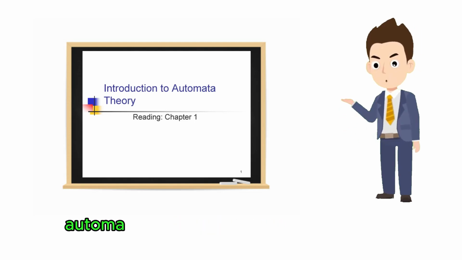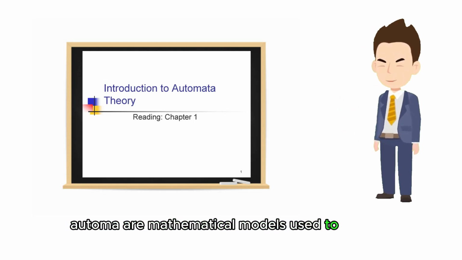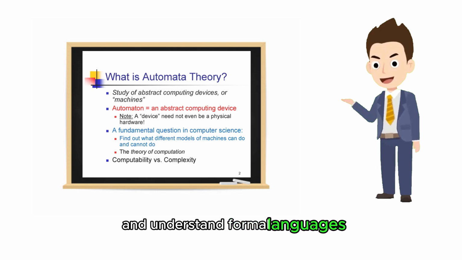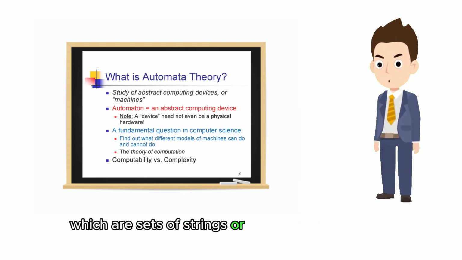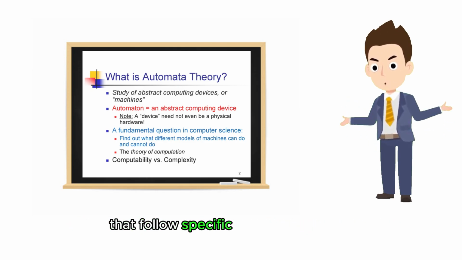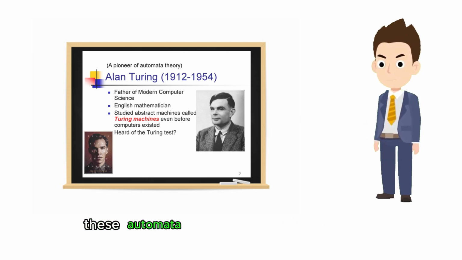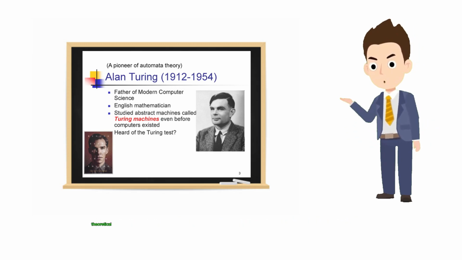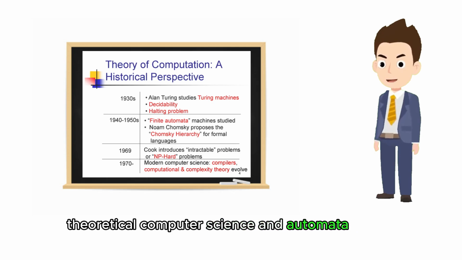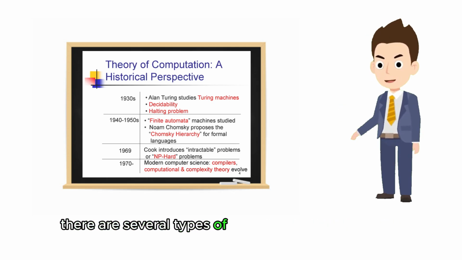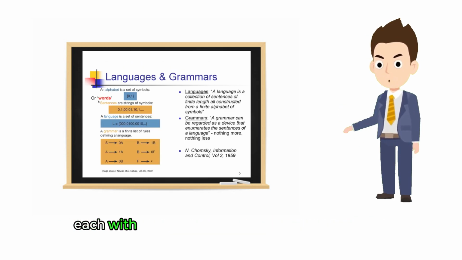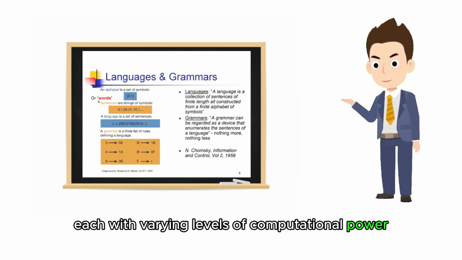Formal language automata are mathematical models used to analyze and understand formal languages, which are sets of strings or sequences of symbols that follow specific rules and patterns. These automata are a foundational concept in theoretical computer science and automata theory. There are several types of formal language automata, each with varying levels of computational power and suited to different types